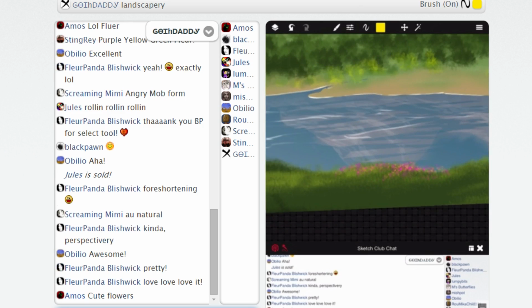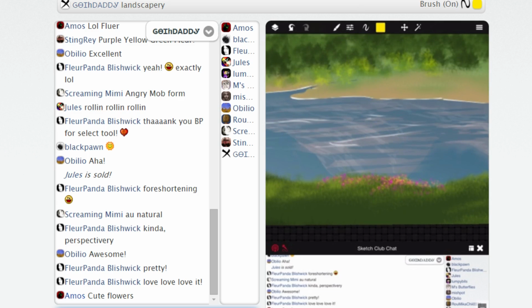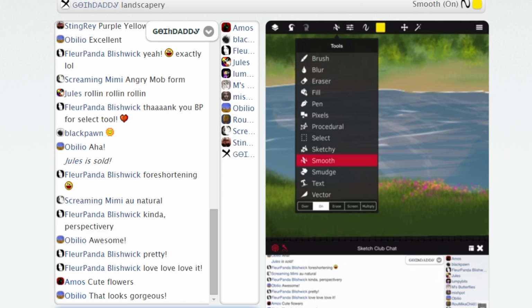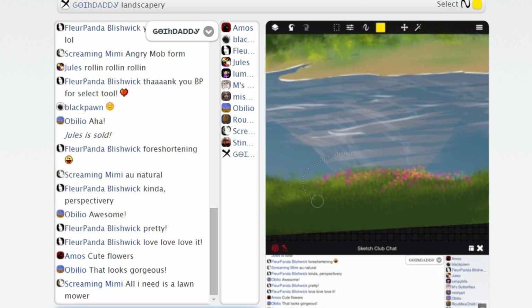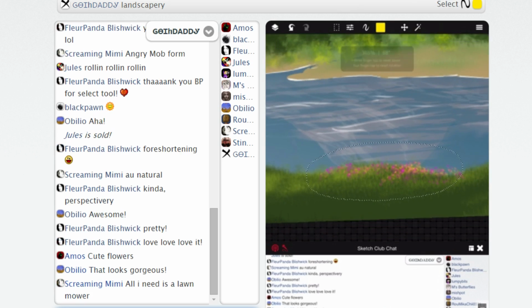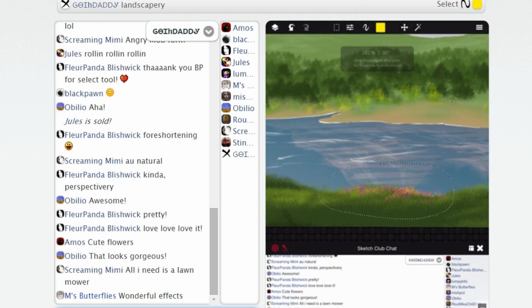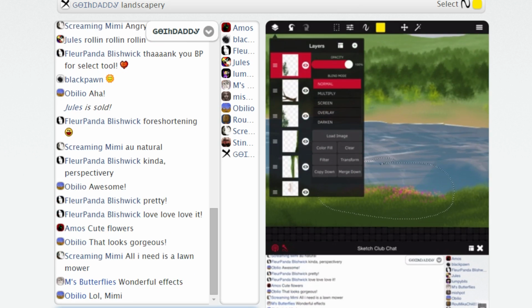And now we can add only where the other flowers are. I'm just adding a couple. I don't want to inundate the whole thing. Yeah, isn't that nice? And again, thanks to the select tool,